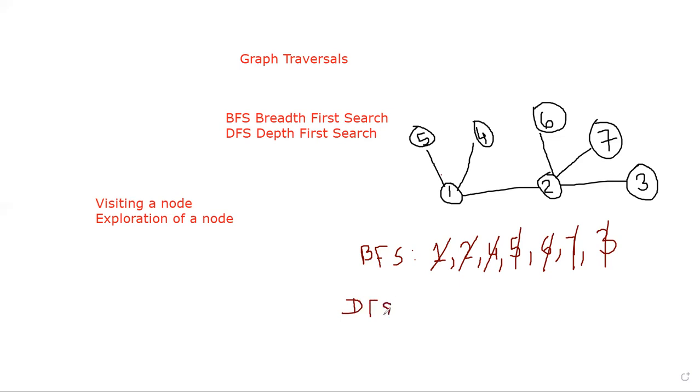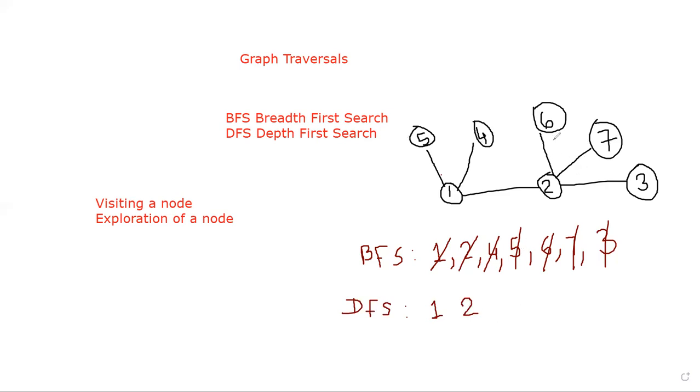Depth first search. Okay, depth first search. So again, suppose you are starting from the vertex 1. So you write 1. Now, in case of DFS, you have to explore 1. So first explore: you have 3 nodes associated to it, 2, 4, 5. The first new node attached to 1 is 2. So you have to explore 2 again. Then only you can come to 4 and 5.